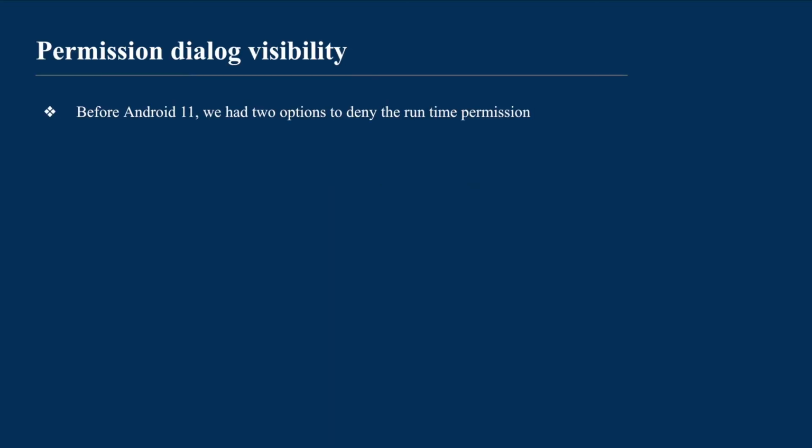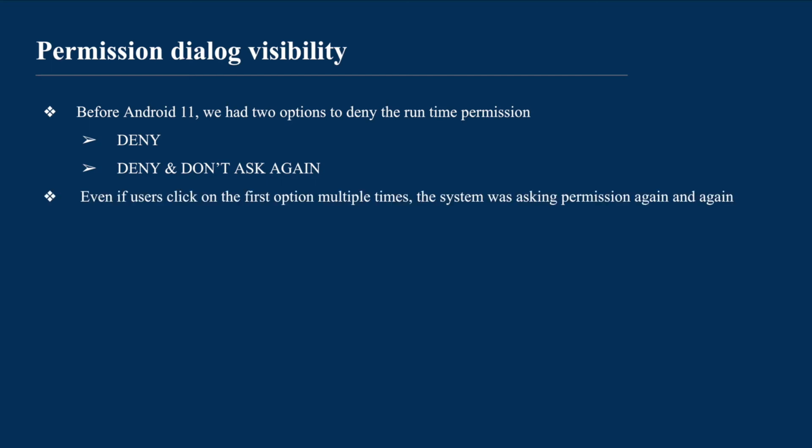So let's get started. Before Android 11, we had two options to deny the runtime permissions. The first one was the deny option on the system runtime permission dialog, and the other one was deny and don't ask again. So these were the two options provided in the system's runtime permission dialog.